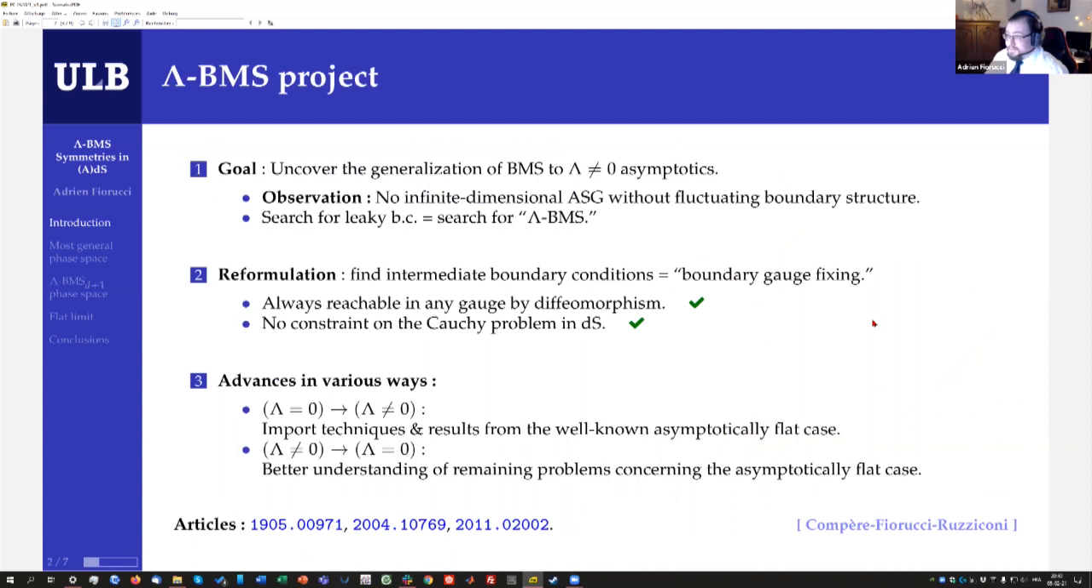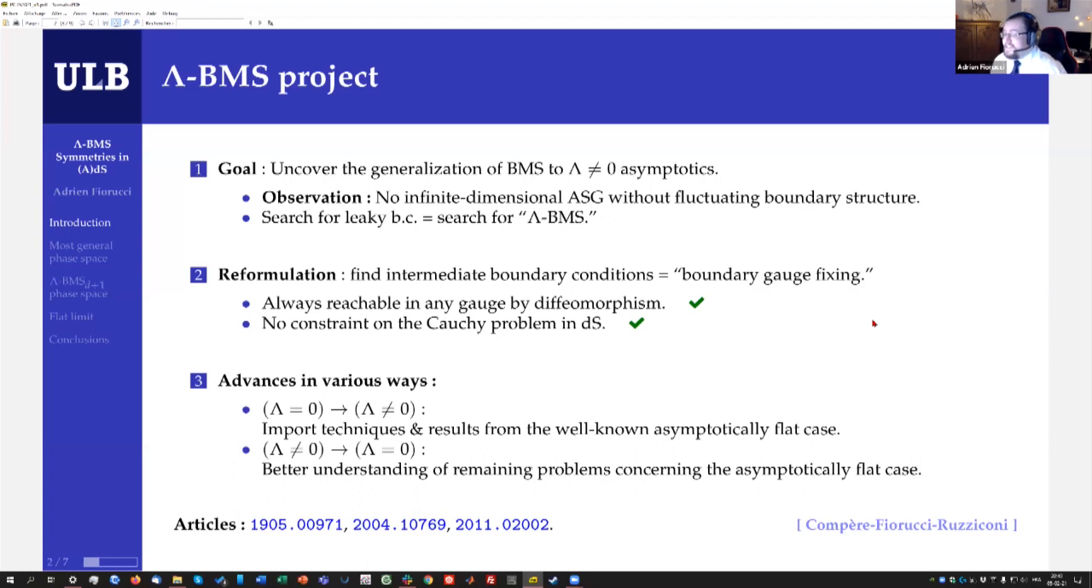So hence the Lambda-BMS project is born, with the main goal to uncover the more natural generalization of BMS to non-flat asymptotics. And when you do the computations in that context, you can observe that we cannot have an infinite-dimensional and, I have to precise it, non-trivial asymptotic symmetry group without a fluctuating boundary structure. So the search for leaky boundary conditions in AdS or dS is in fact equivalent to the search for Lambda-BMS,